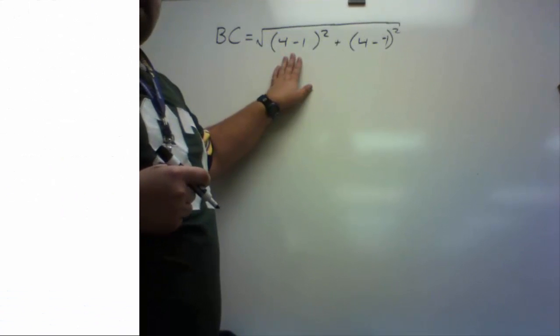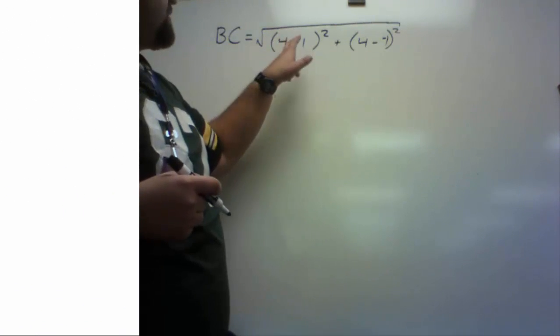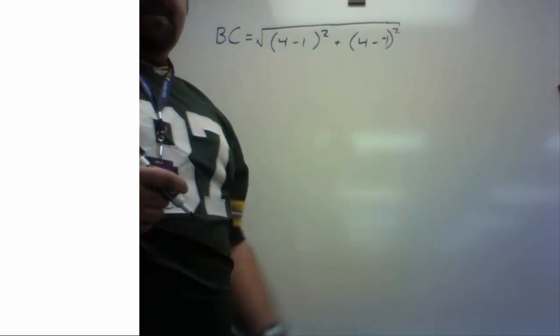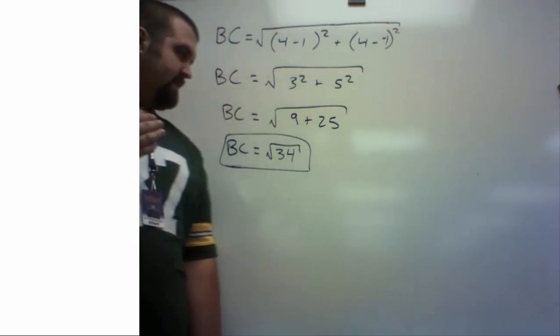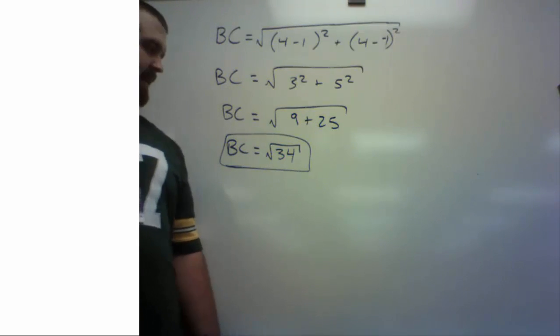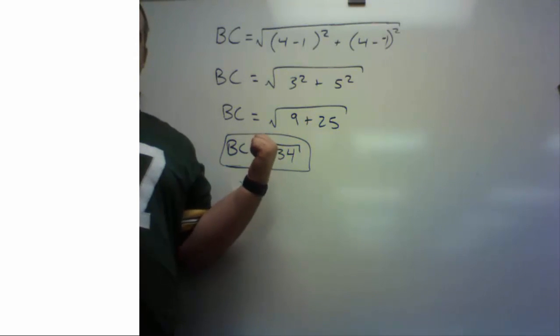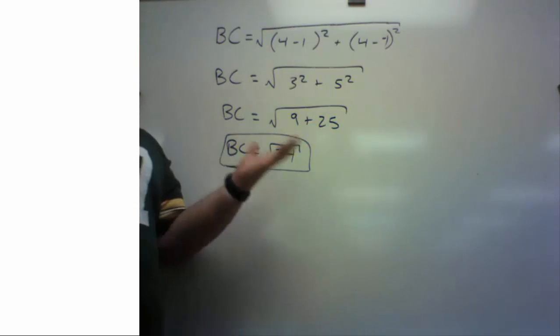All right. For B, the coordinates were 4, 4. And for C, it was 1, -1. That's where I got the coordinates from. Now it's time to plug it in. All right, so I got length of segment BC to be square root of 34. I could try and make it easier. However, if it is equal to length of segment EF, I will get the same exact number, so there's no